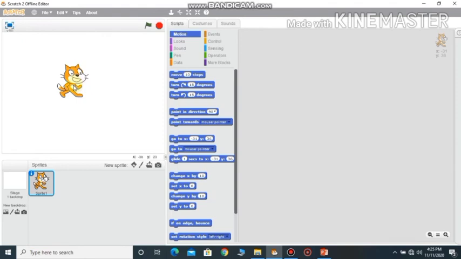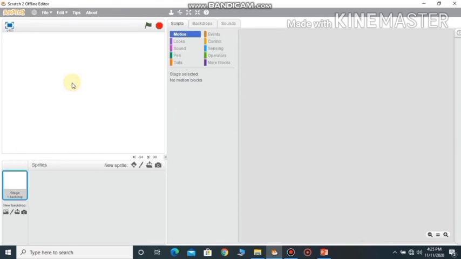How to delete it? In order to delete this sprite, we have to use the cursor tool. So where will be the cursor tool? Hope you can see my screen. So these are the cursor tools, right? In this, we'll be using the delete cursor tool in order to delete the sprite. Once you select that, your normal pointer, that is the arrow mark, will be changed to the scissor shape. When it changes like this, you have to click on the sprite so that it will be deleted. Hope you all know how to do this.